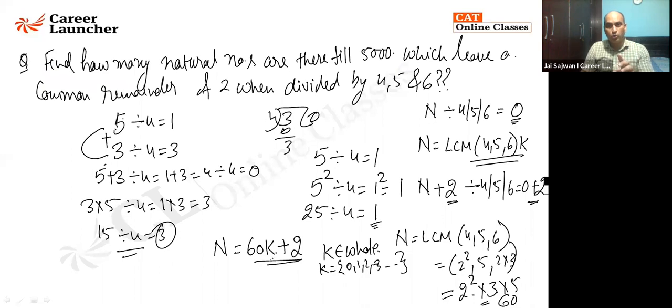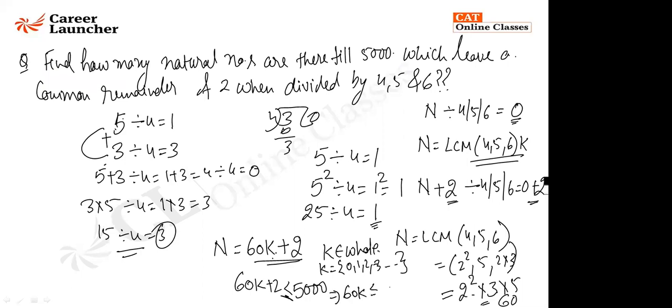जब आप k को 0 रखते हो तो n whole number नहीं आता, n is coming out to be 2. So I'll say this 60k plus 2 is a number which is less than or equal to 5000. क्यों जी less than equal to 5000? Because I want to find out till 5000. Or I will say 60k is a value which is less than